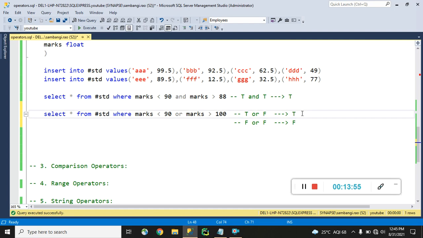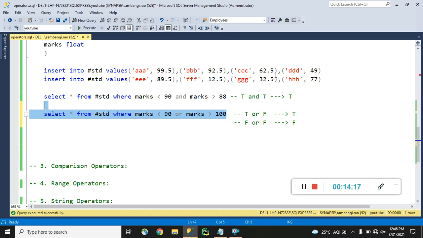Otherwise, in all remaining conditions we get true. F or F only, we get the final result false. Okay. Now see guys, I am going to execute this. What will happen?